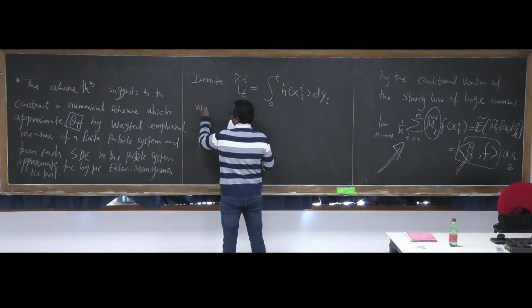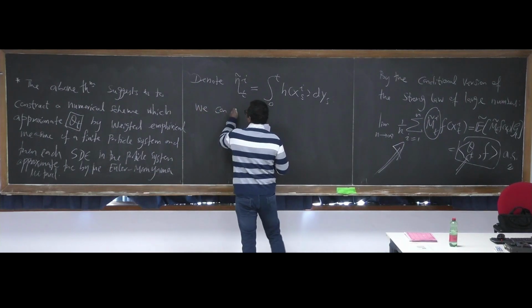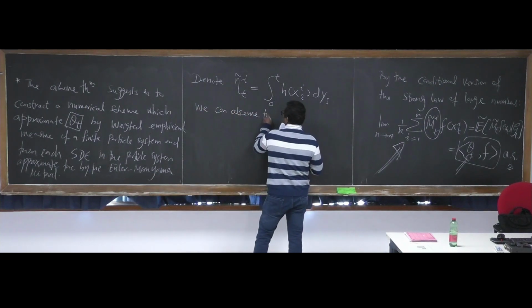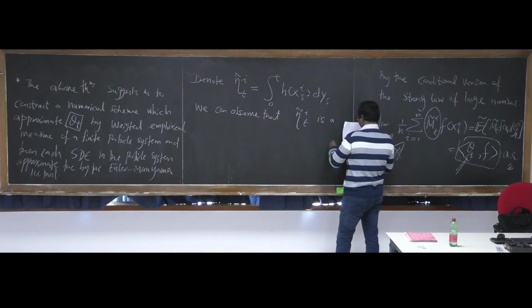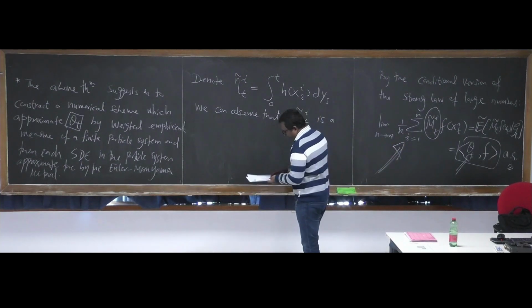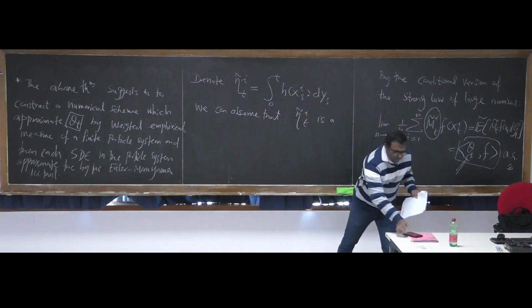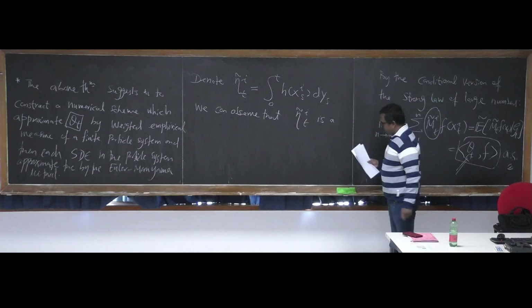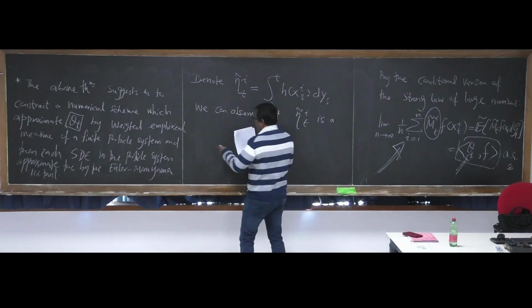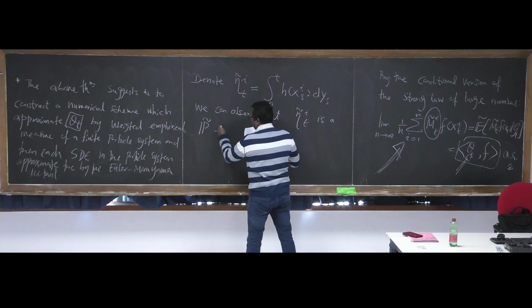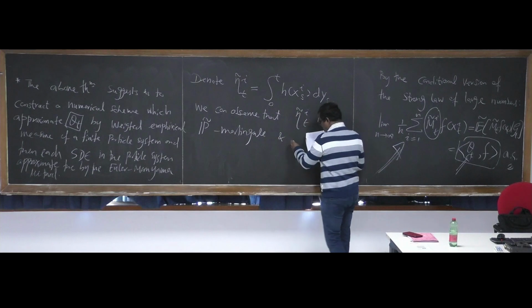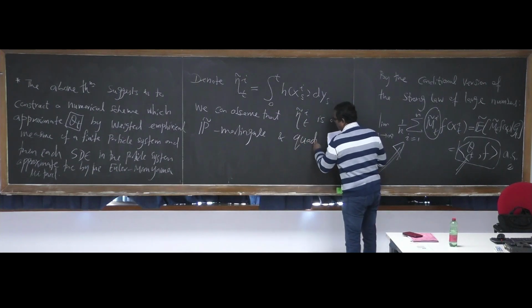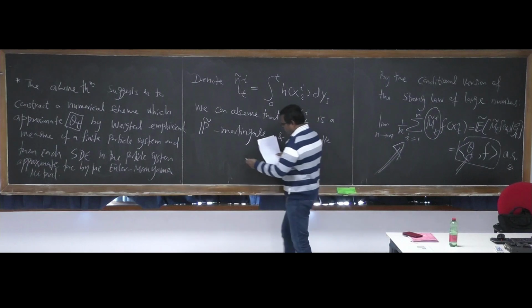So we can observe that eta tilde i_t is a P tilde martingale and its quadratic variation